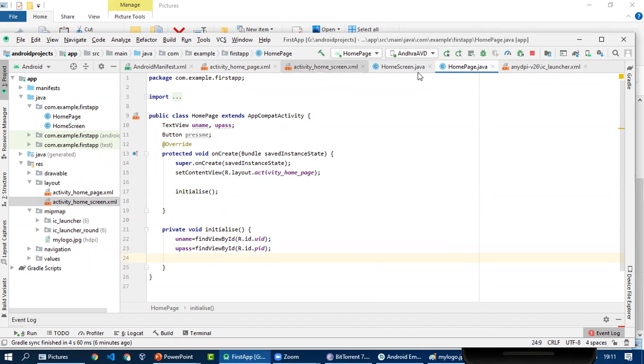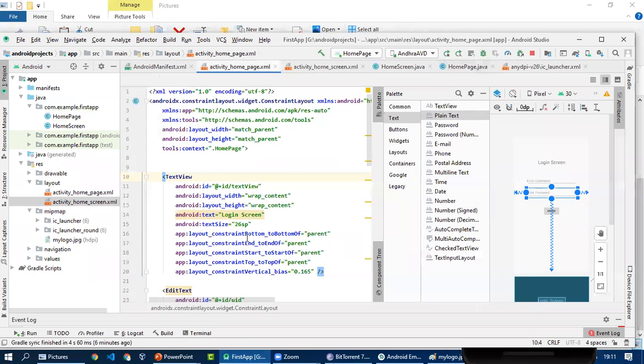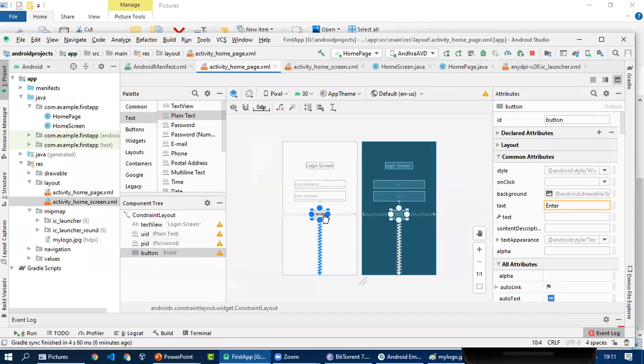And for button I also need to use an ID, because I want to perform some operation over the enter. So for that the ID is button, but if we want to perform any operation, then we can also use the onClick functionality, and here I am declaring a method perform.